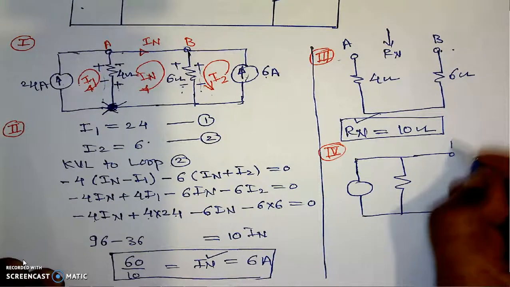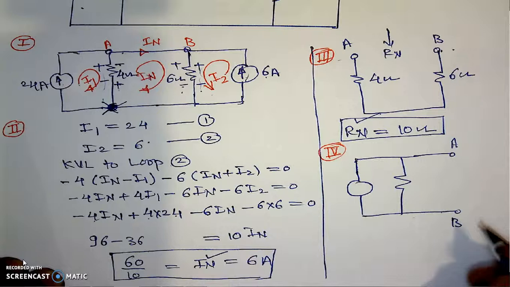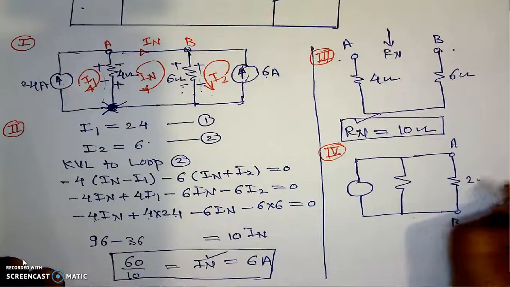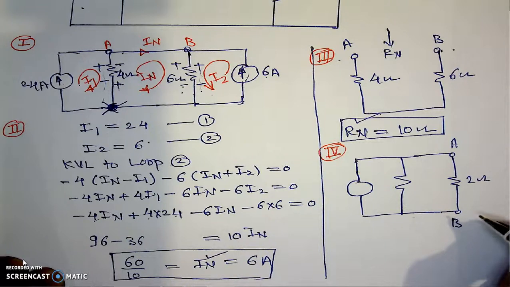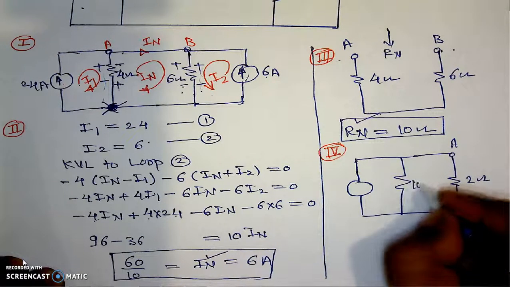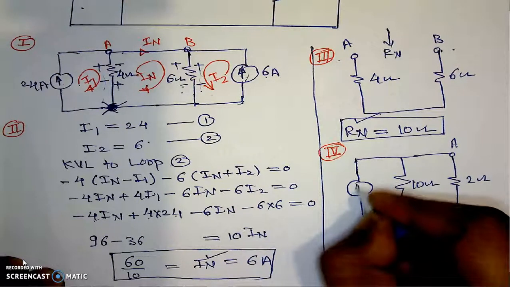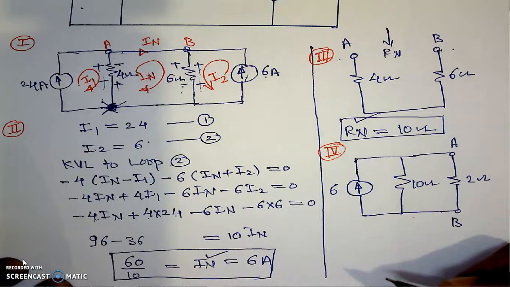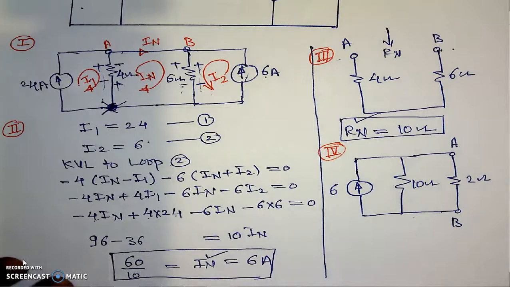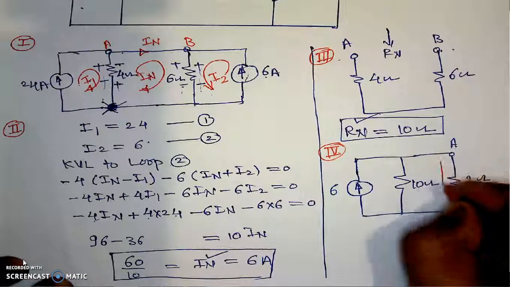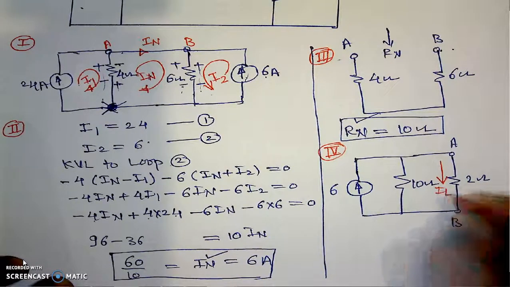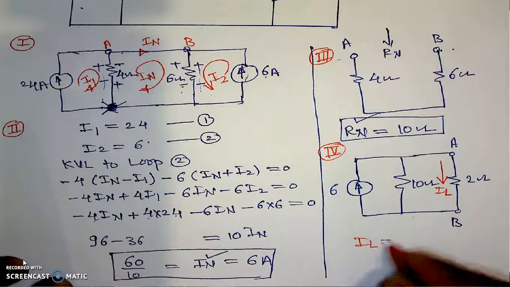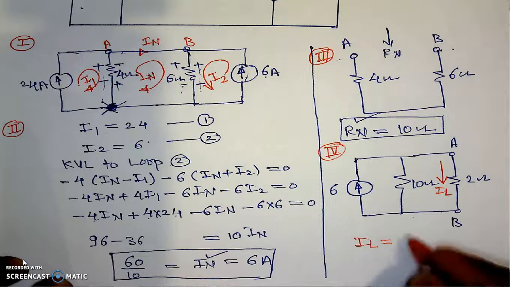And the load resistance will be connected between terminals A and B, which was removed in step number 1. This is 2 ohm. This Rn is 10 ohm, and this IN, that is Norton's current, is 6 amperes. We are interested in the calculation of current in this branch, which is IL. Now, this IL will be, from the total current of 6 amperes,